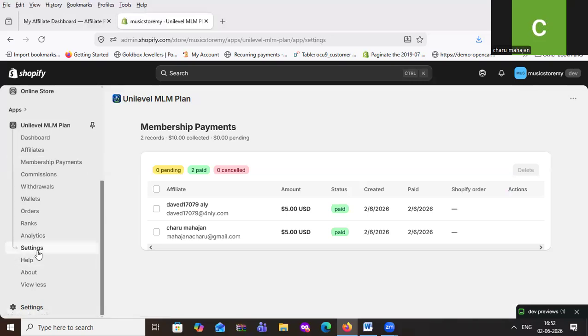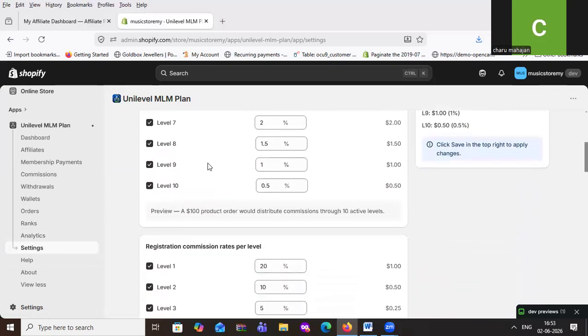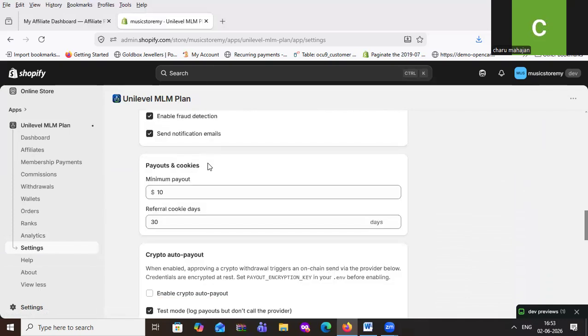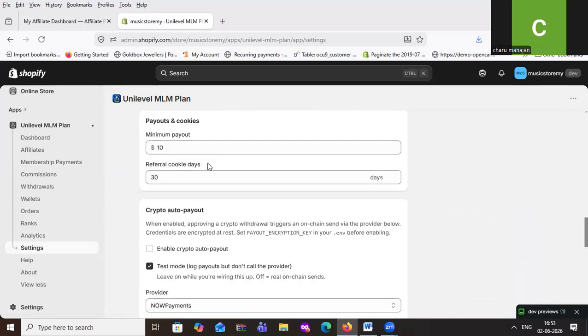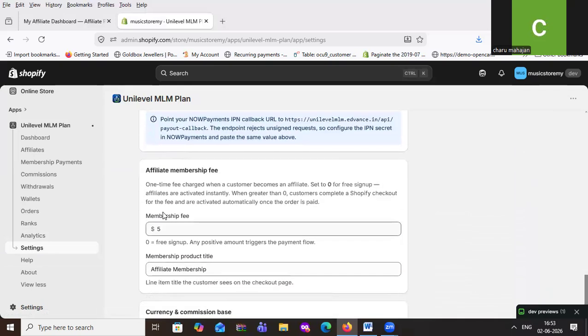Then settings, the single page to configure everything. Order commission rates per level, up to 10 levels. How many levels are active. Withdrawal payouts, minimum withdrawal amount, referral cookie date. Affiliate membership fee.